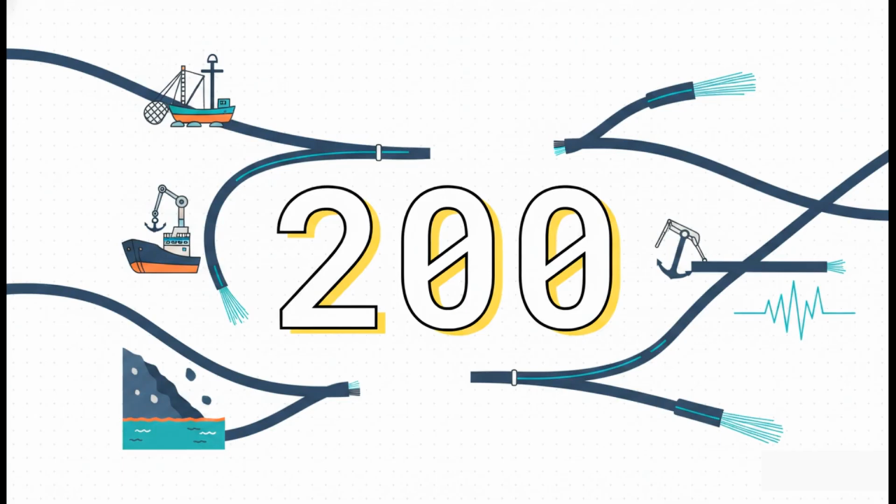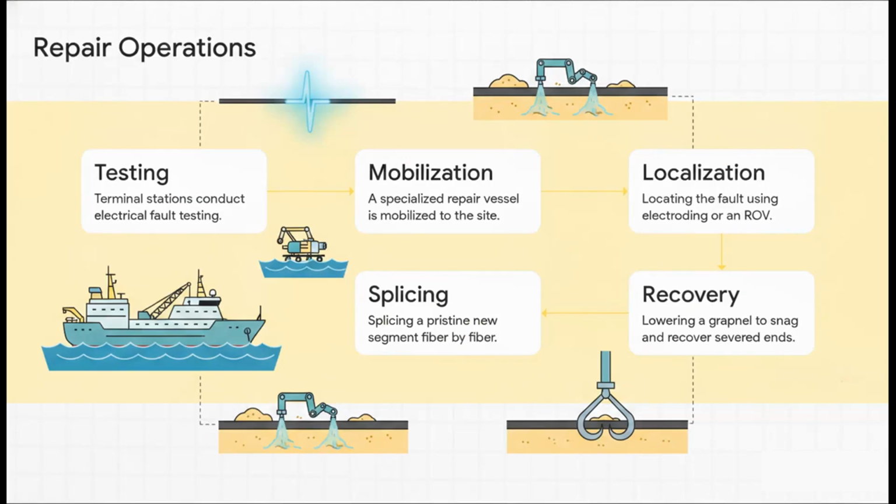According to KISO RCA marine maintenance data, in waters shallower than 200 meters, about 70% of these faults are man-made. We're mostly talking about fishing trawlers dragging their nets or ship anchors dropping right on the cables. But out in the deep, pitch-black ocean, the culprits are usually severe natural hazards, like underwater landslides or massive seismic earthquakes. So, let's look at the official KISO RCA marine maintenance sequence to see how this builds into a really